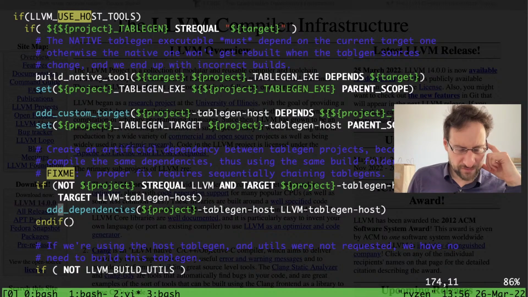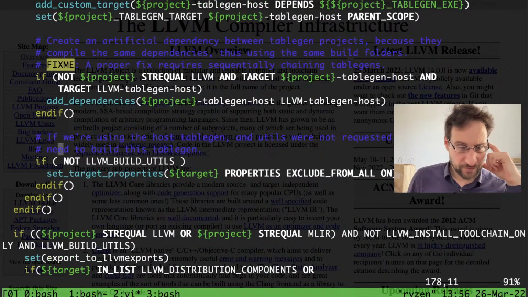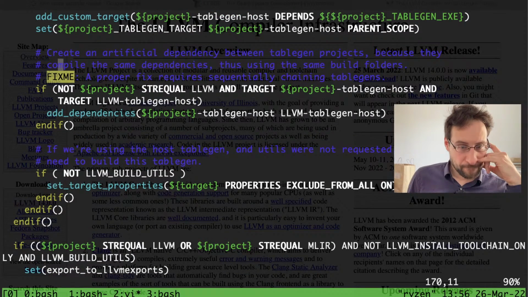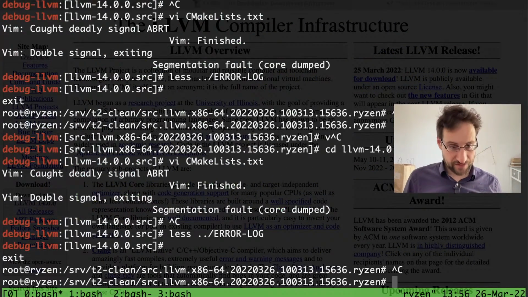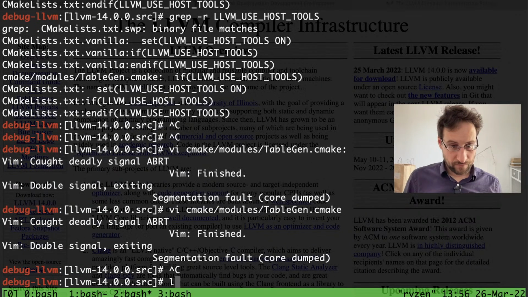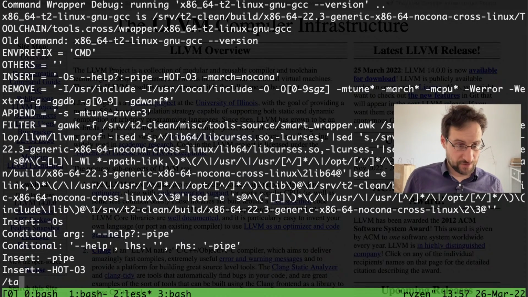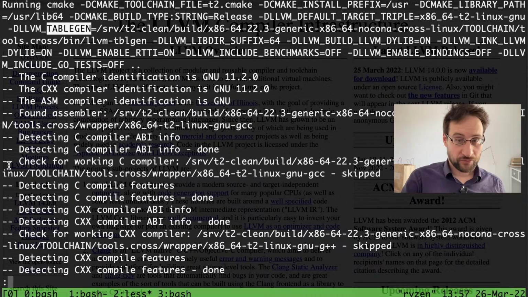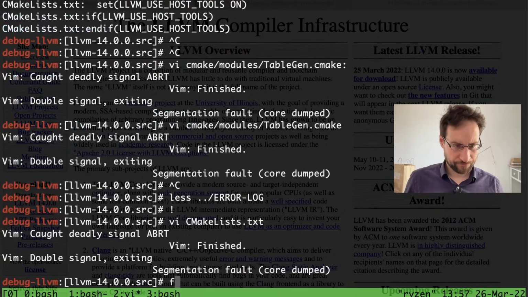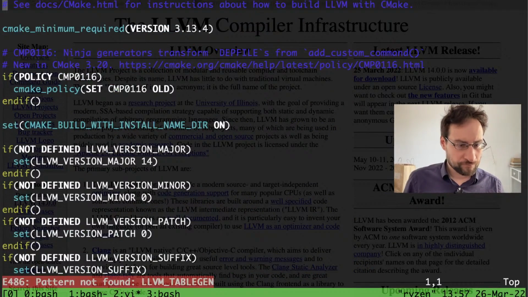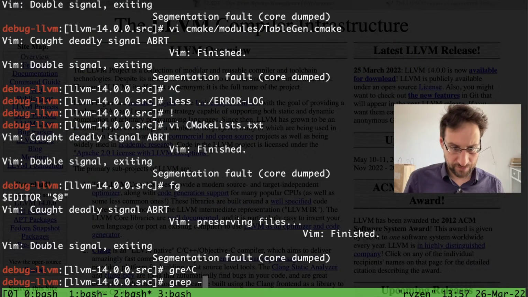Not project. Isn't this domain specific language stuff amazing? The crazy thing is, I think we run this configuration with, what is it, error? Table gen. So yeah, we run this with our native LLVM table gen. I wonder then if they removed this option. Yeah. Interesting. I have the feeling they removed that.